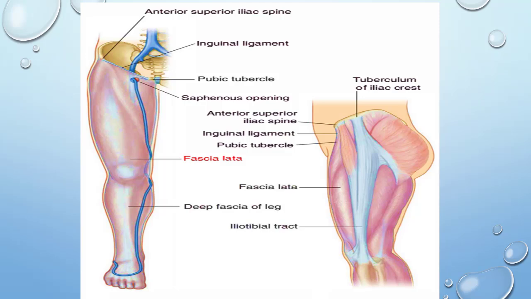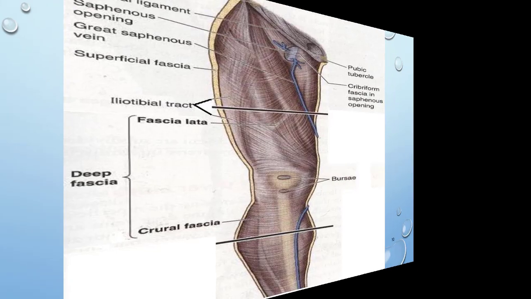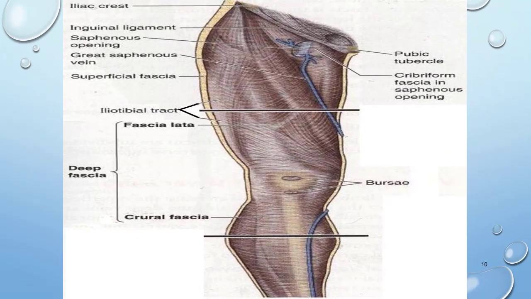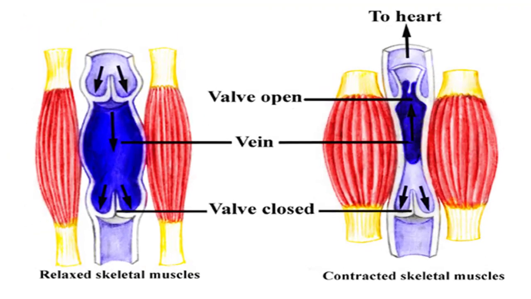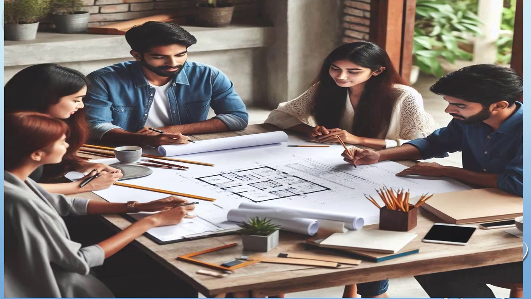We can see this deep fascia of the thigh wraps the large muscles of the thigh and forms the outer limit of the fascial compartments. With the help of this, it limits the outward expansion of contracting muscles and makes muscular contraction more efficient. If the muscular contractions are efficient, they compress the veins and push blood towards the heart. So this affects the function of these muscles and helps in the return of blood to the heart. After the attachments, I will tell you about the modification of this fascia.